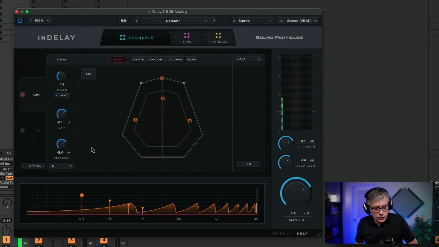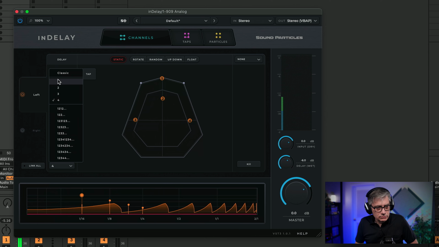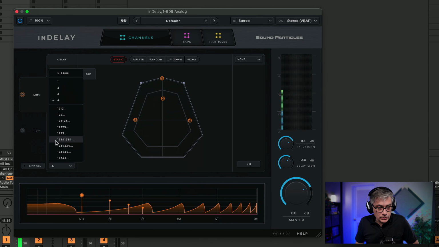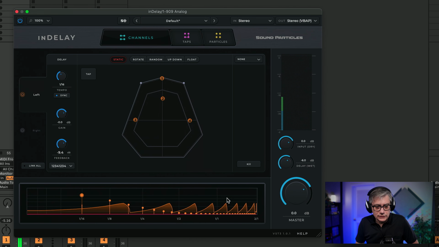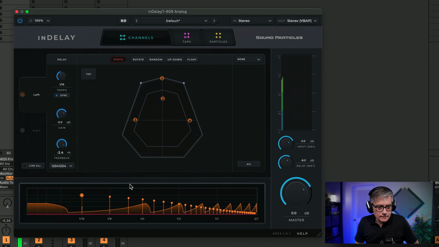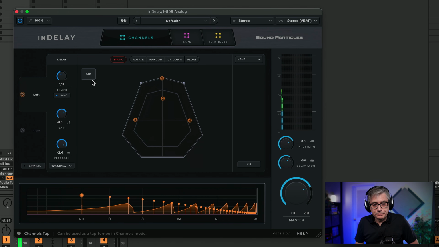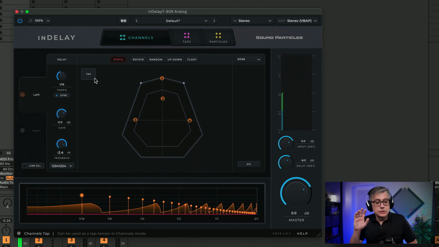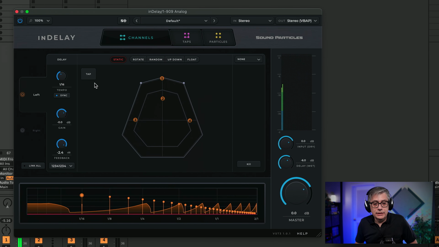There are a couple of different ways you can work with those tabs. So we can have 1 tab, 2 tabs, 3 tabs, 4 tabs. We can put certain repetitions. So for example, if we want to go through all 4 of them and then restart with the first one, we can do that here by 1, 2, 3, 4, 1, 2, 3, 4. That essentially means it goes 1, 2, 3, 4, 1, 2, 3, 4, and then repeats everything. And that's really convenient. We also have a tap option here, and that tap option allows me to select the timing based on taps. So I can tap here, and then it will choose the tempo accordingly.